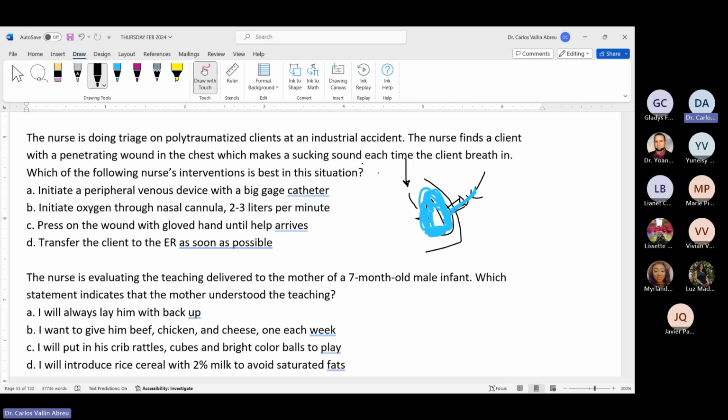So you need to have very clear that it's not the same. Pneumothorax versus tension pneumothorax. Tension pneumothorax is a life-threatening condition. Pneumothorax is an urgency that requires attention, but it's not an immediate threat for the client's life. But tension pneumothorax is when the pressure inside the pleural cavity is so high because so much air has already entered there that the heart